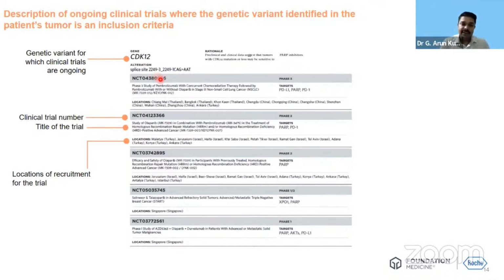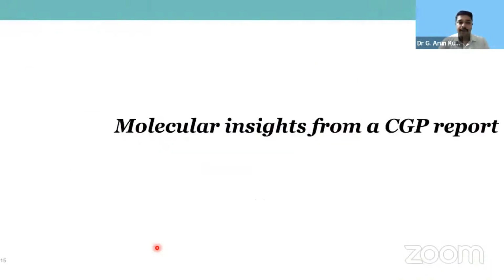For example, in this case, there is a CDK12 splice site variant, which is essentially a variant of CDK12 that is pathogenic in nature. And these are the list of clinical trials, along with the trial number, the trial title, etc., and the location where the clinical trial is happening, which is also given in the report. If the patient has an opportunity to get